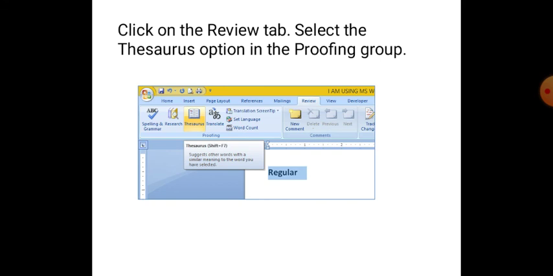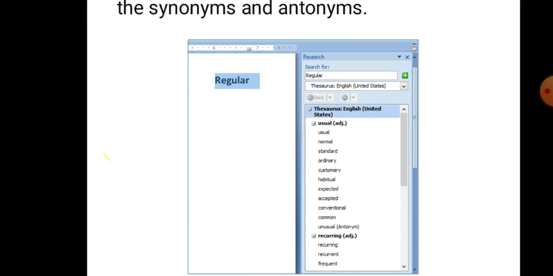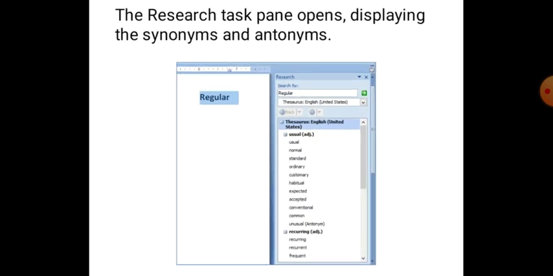There is a shortcut key also, Shift plus F7, to use the thesaurus option. As we click on the thesaurus option, the research task pane opens on the right side of our window, and this research task pane shows us the list of synonyms and antonyms for the selected word.